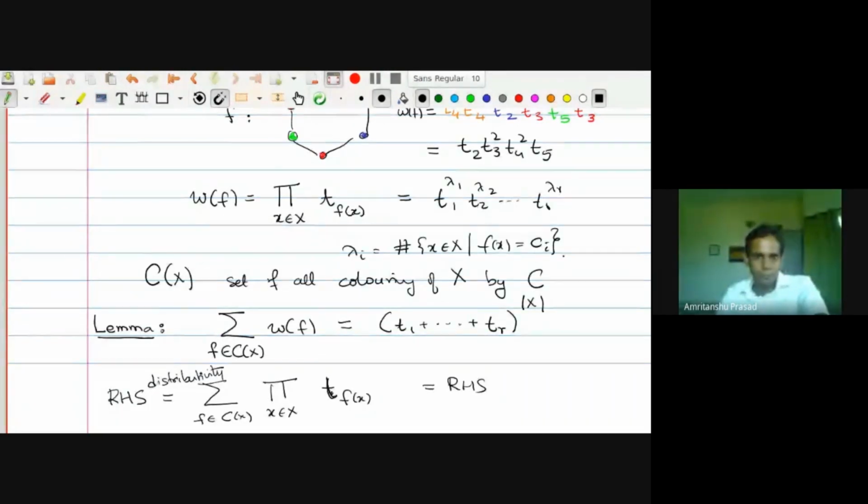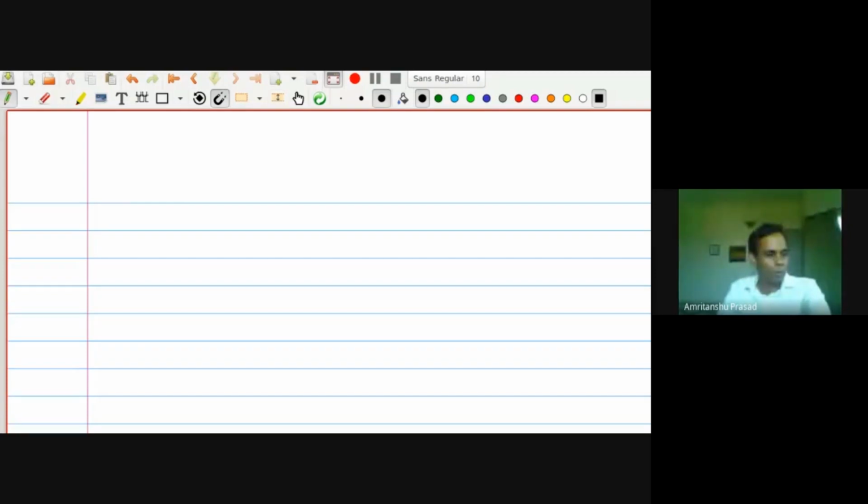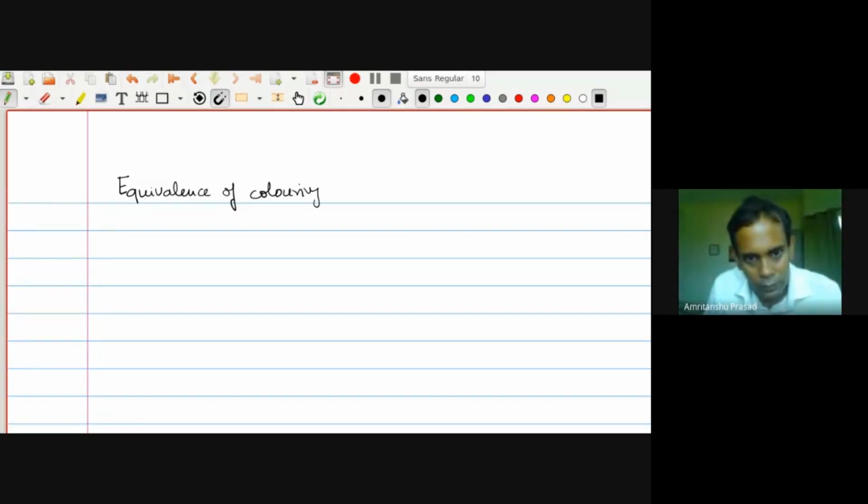Okay, so we'll continue. We are going to sort of soup up this lemma to get the Polya enumeration. Now I'll define equivalence of colorings. This is what Polya calls equivalence of colorings, but I'll just define it as orbits of a certain action. So if X is now a G set,